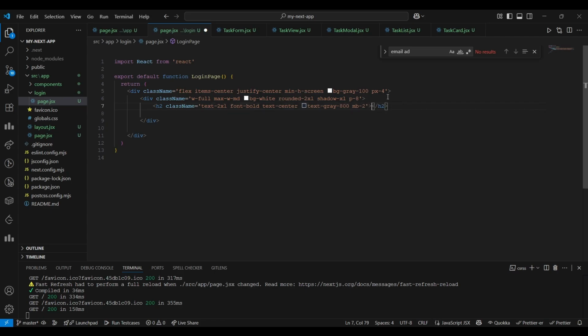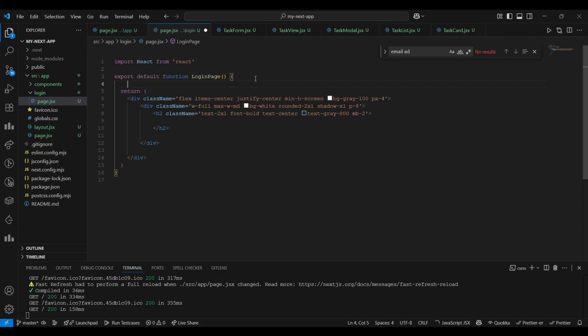Now here, I need to make sure what I was planning is by clicking on the button sign in and sign up, I need to put both functionalities in the one div. Like if the user is clicking on sign in, you need to show welcome back like that. If user is clicking on sign up, you need to show create account, register now, like that. So I was taking a state here,